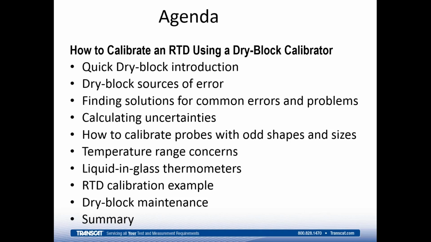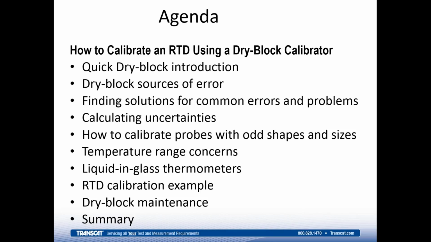We're going to talk about some of the sources of error that can affect a calibration, the uncertainties thereof, and we're going to talk about how to solve some of those problems related to those errors if we need a more accurate calibration. We'll talk about how to calculate the uncertainties and then get into some issues like, well, what